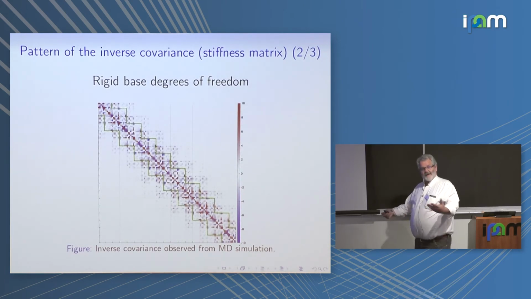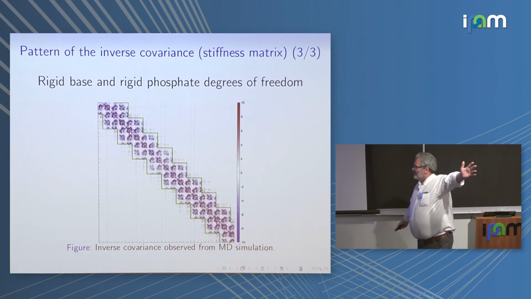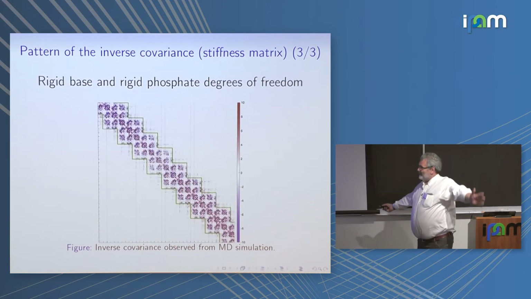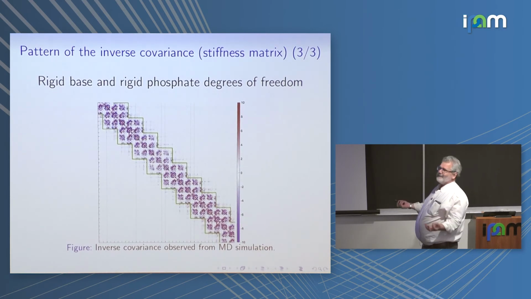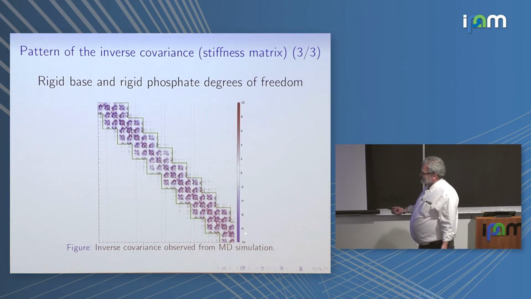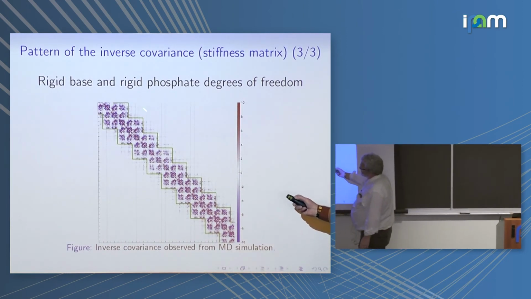So what you then do is you add the phosphates. You now have an even bigger covariance matrix. I then invert it, and hey presto, that's not fudged. The MD data is screaming at you that you want to put phosphates in, and then the stiffness matrix is almost completely banded. There are these tiny, tiny entries outside.